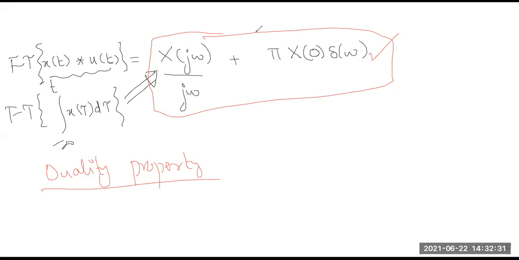According to the duality property, if small x of t has a Fourier transform capital X function of omega,